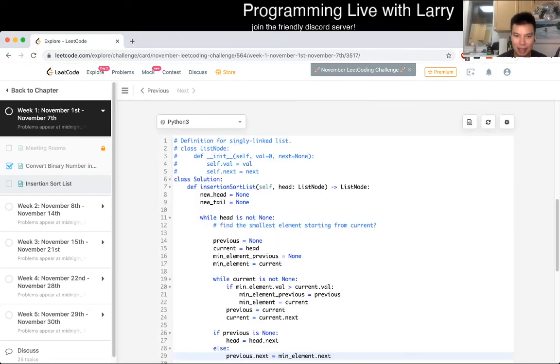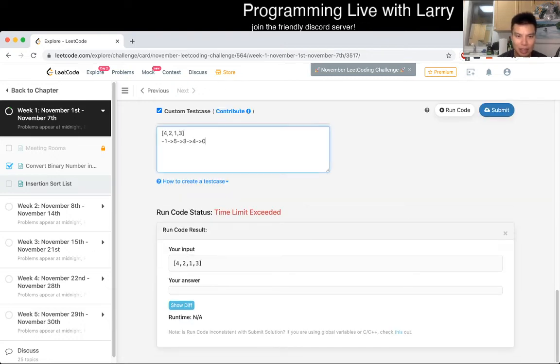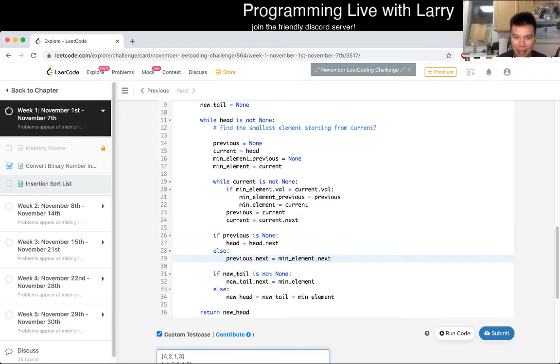And that means that there's an infinite loop somewhere. Also, I just want to put in this case as well, though they don't make it cut and paste friendly, but that's okay. So time limit exceeded. That means that, well, head, we don't set head, that's why. In theory, this should trigger eventually when head is the min, and then this should be none. But I think,